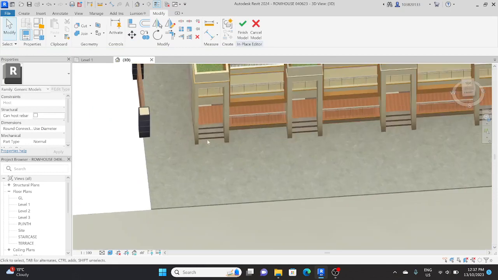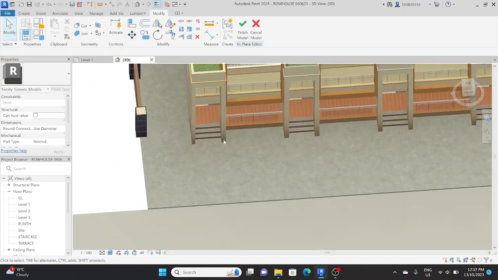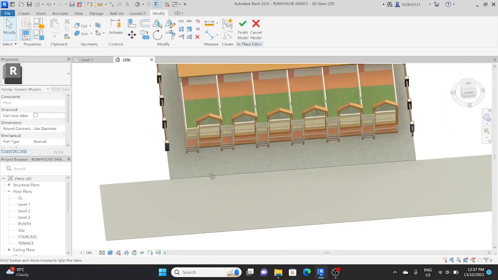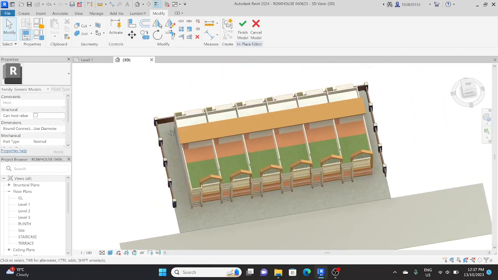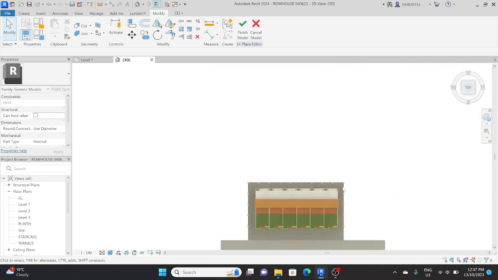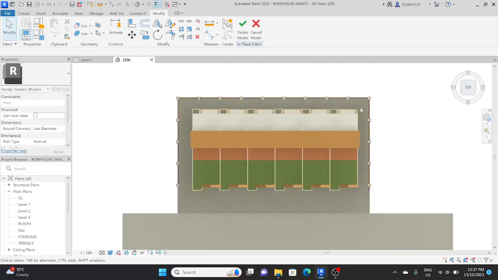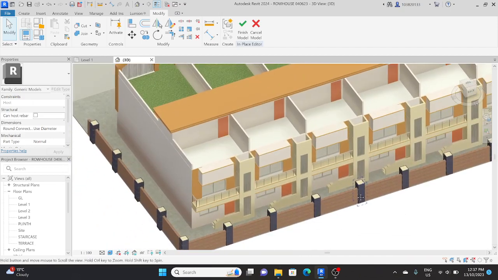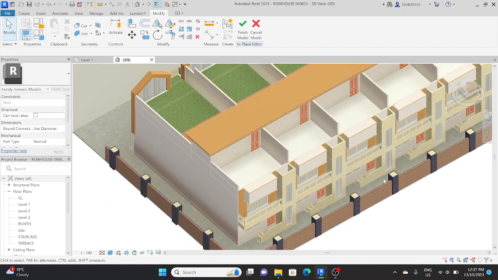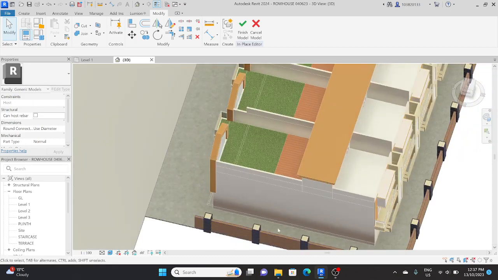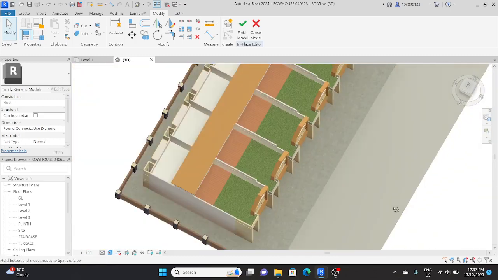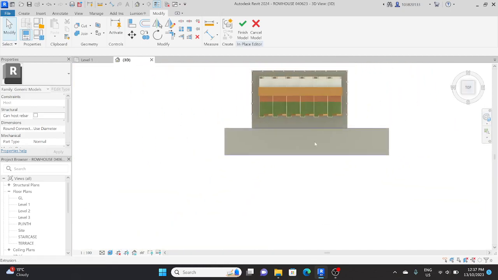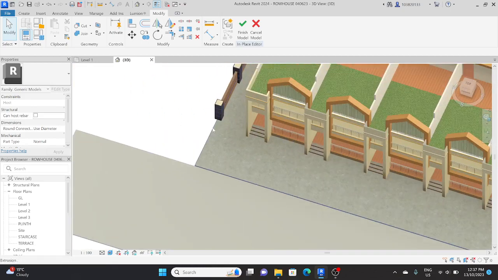Now I need to give some one side. I want a garden area on this portion, periphery of my building. I want a green buffer zone on the periphery of the building, as this would have a back entrance. So I'll be keeping this area as completely green. So to do that, I need to simply once again